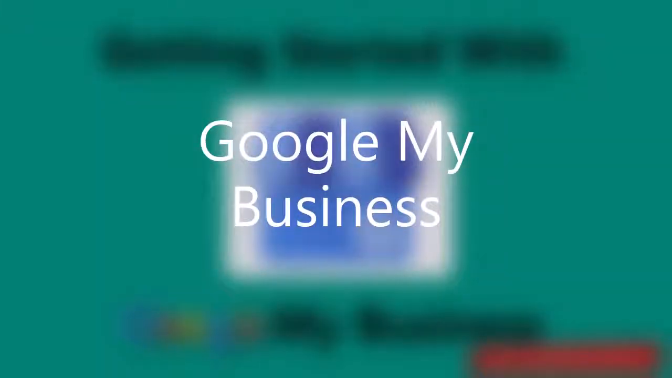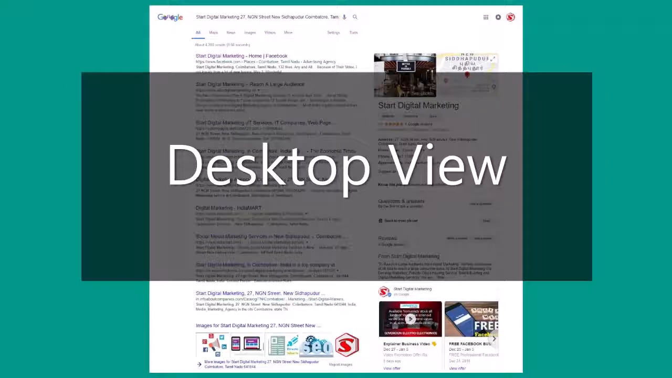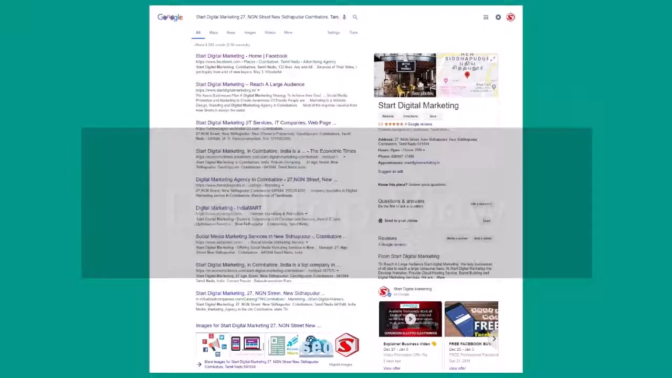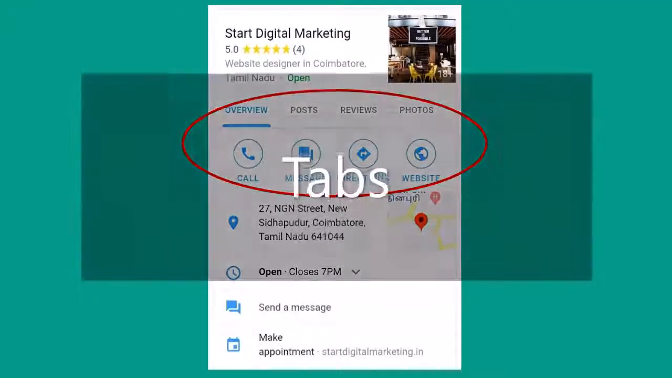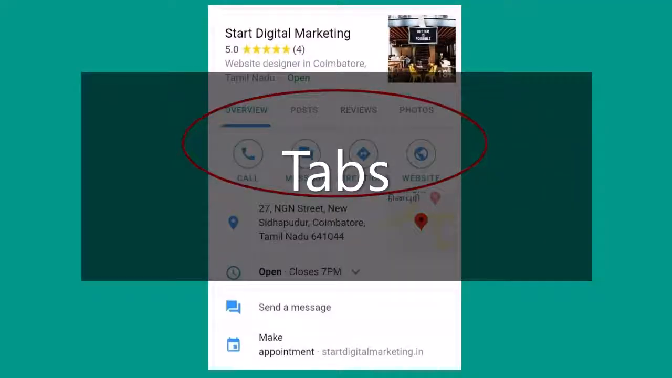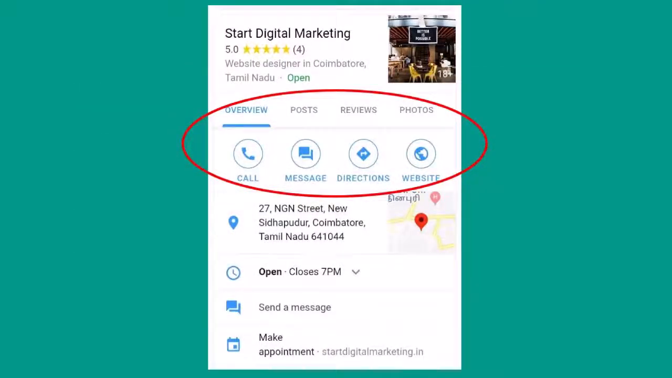Google My Business. Desktop view. Desktop view of Google My Business business profile search results page. Tabs. How conveniently Google uses tabs and uses the 3 or 4-inch mobile phone real estate to present your business